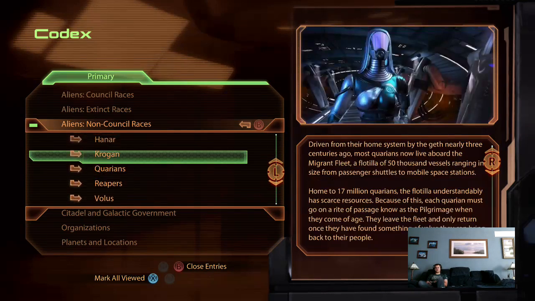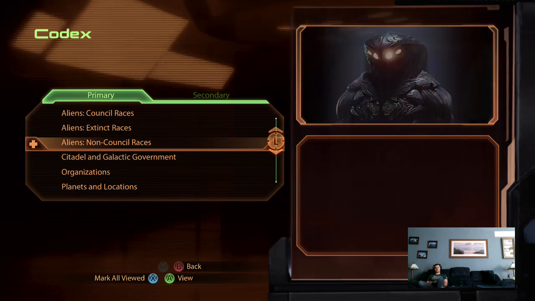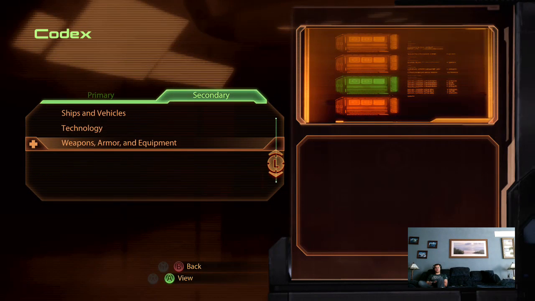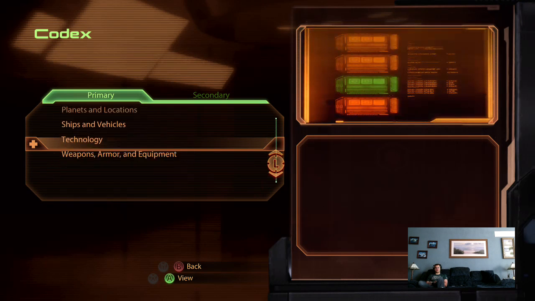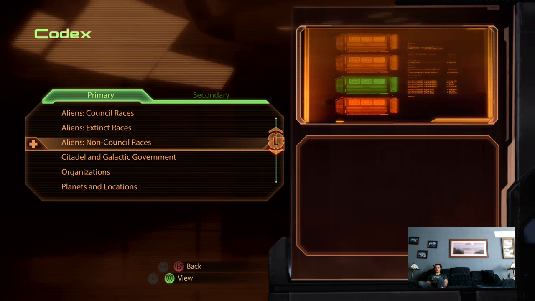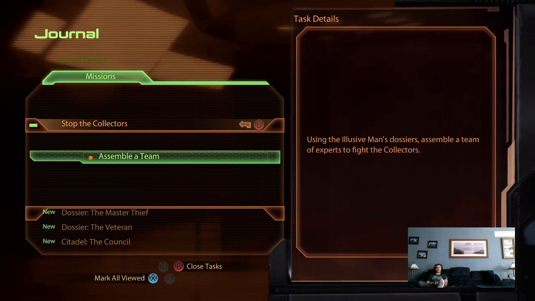So the codex entry for the collectors kind of flies in the face of what they just told you about them, which is that no one really knows anything about them, and abducting colonies isn't their normal MO. So a whole bunch of new missions, stop the collectors,